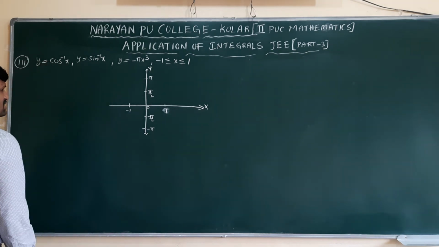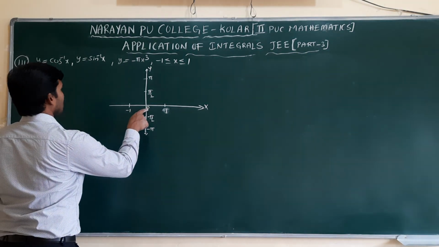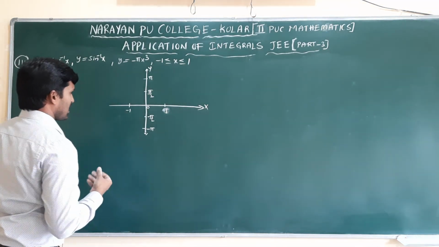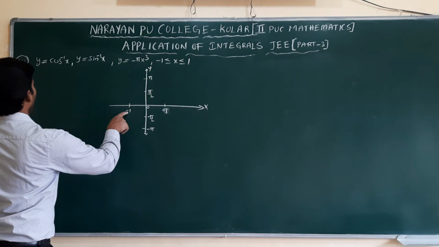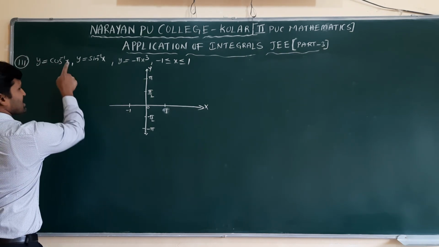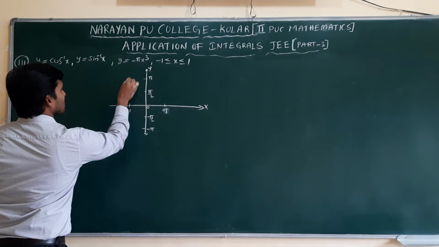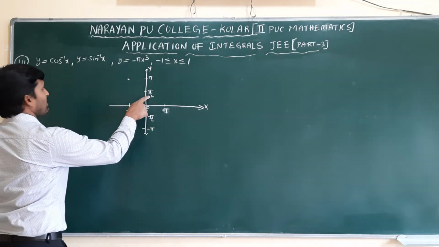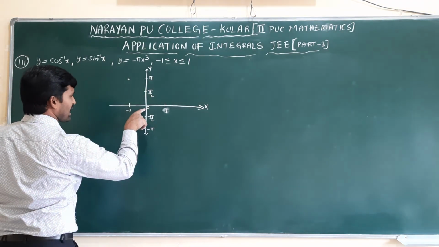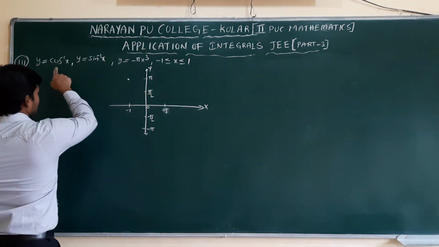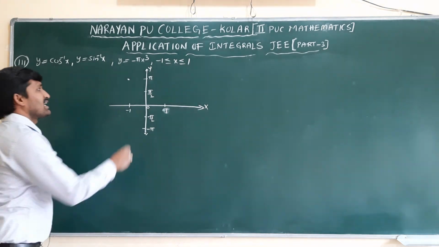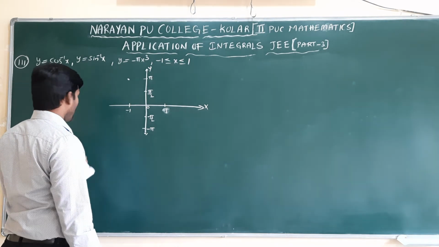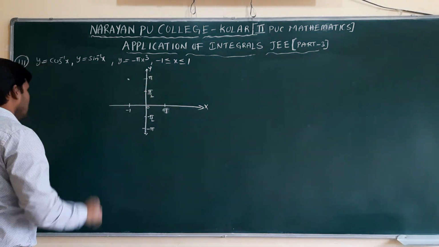First, y equal to cos inverse x graph. If x value is 0, cos inverse of 0. Now cos inverse of 0 means the condition is very simple, or if we take minus 1, cos inverse of minus 1 means cos is minus 1 at which angle? Pi. Next, if we take pi by 2, now before taking pi by 2, what x value do we take? 0. Now x value 0 means cos inverse of 0. Cos is 0 at which angle? Pi by 2. Condition-wise, the values will go like this.